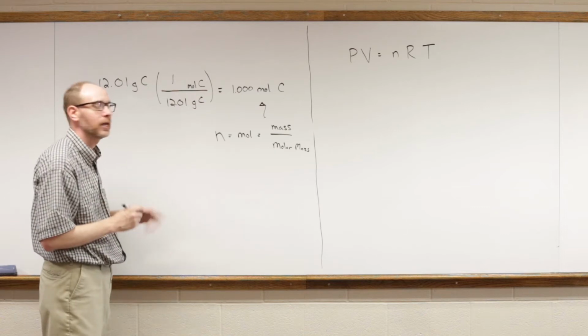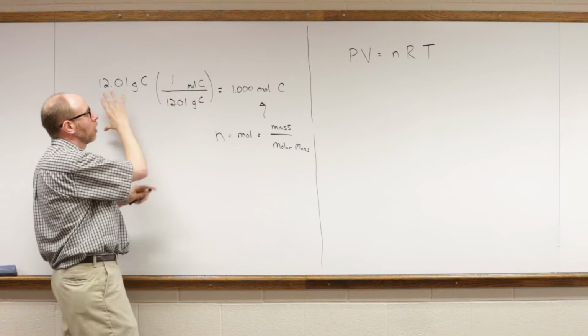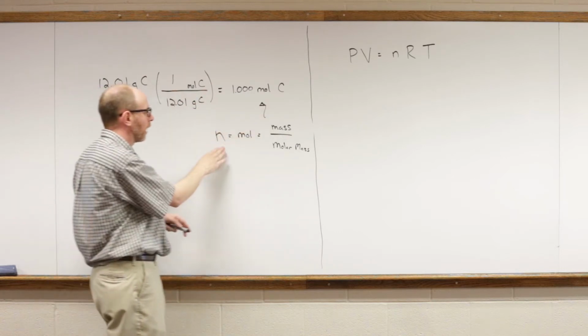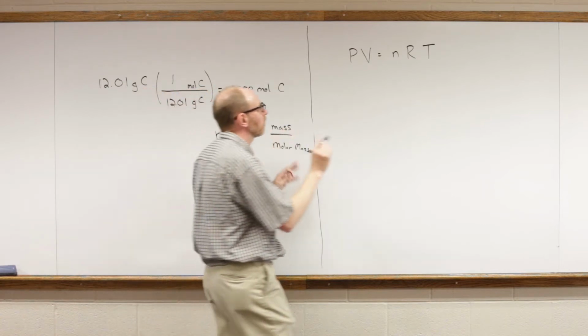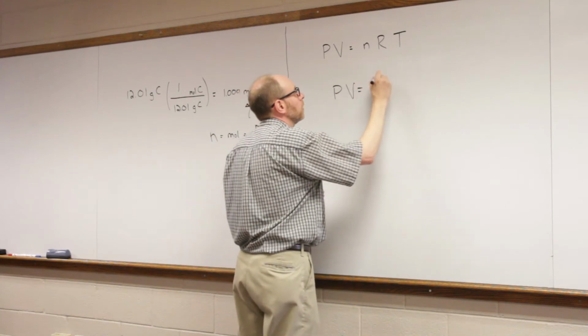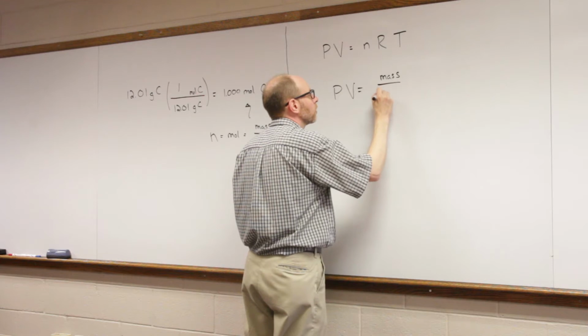Not knowing its identity. And we have to remember, before I had this expression here where I talked about how you calculate the number of moles from grams, and we said when we're calculating moles, it's mass divided by molar mass. That's going to be our first step here in our substitution. Pressure times volume equals mass over the molar mass